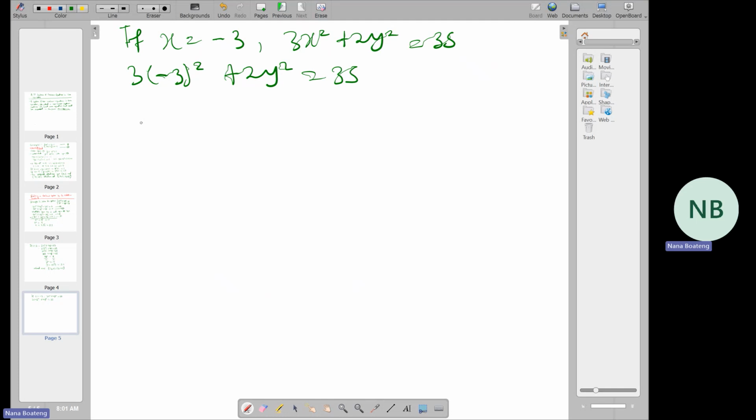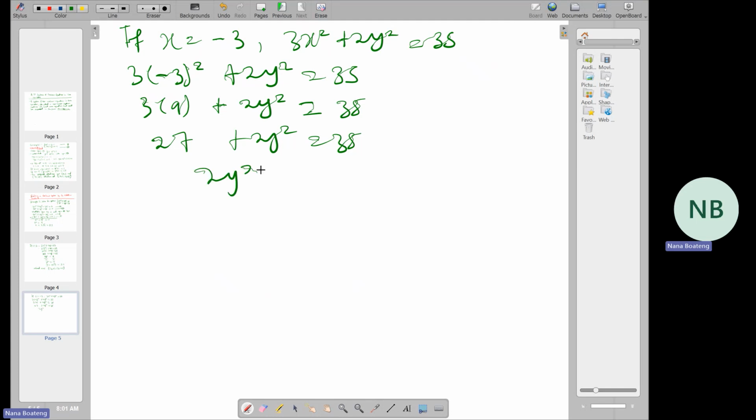And -3 squared is 9, so this becomes 27 plus 2y squared is equal to 35. We subtract 27 on both sides, and it becomes 2y squared is equal to 35 minus 27, which equals 8. So y squared is equal to 8. And so